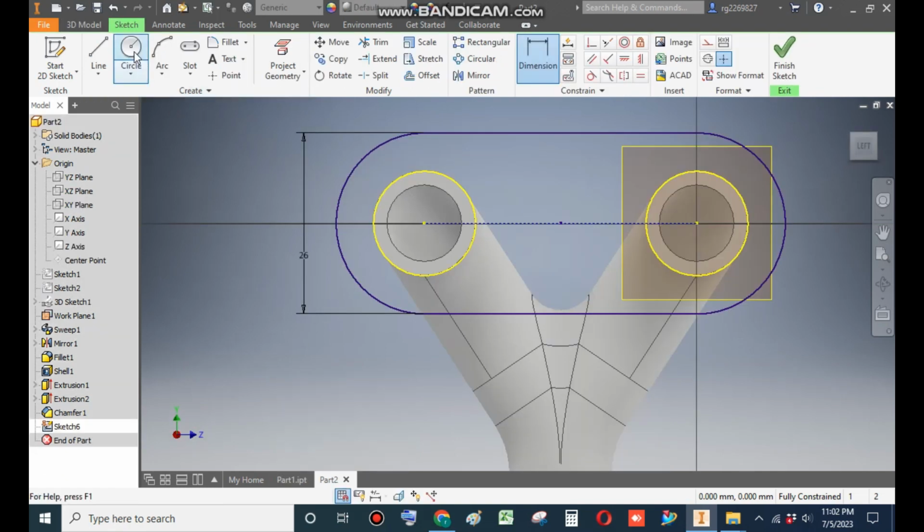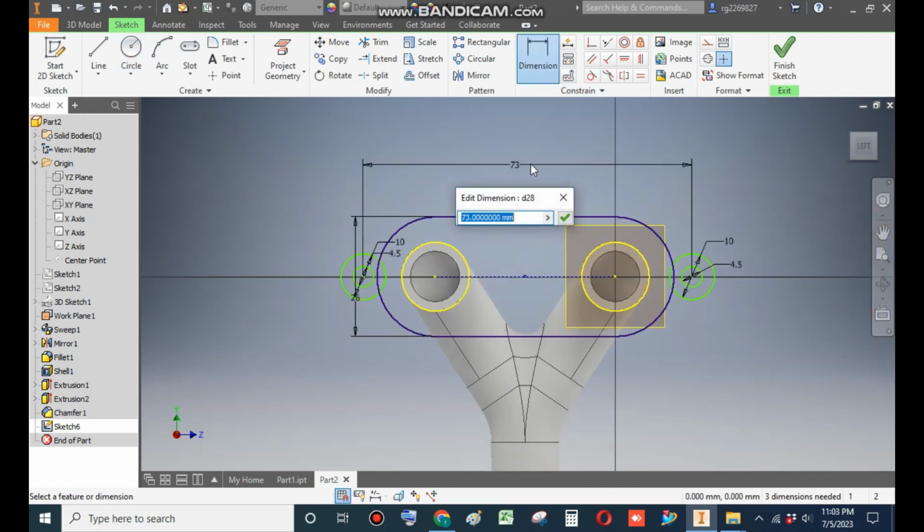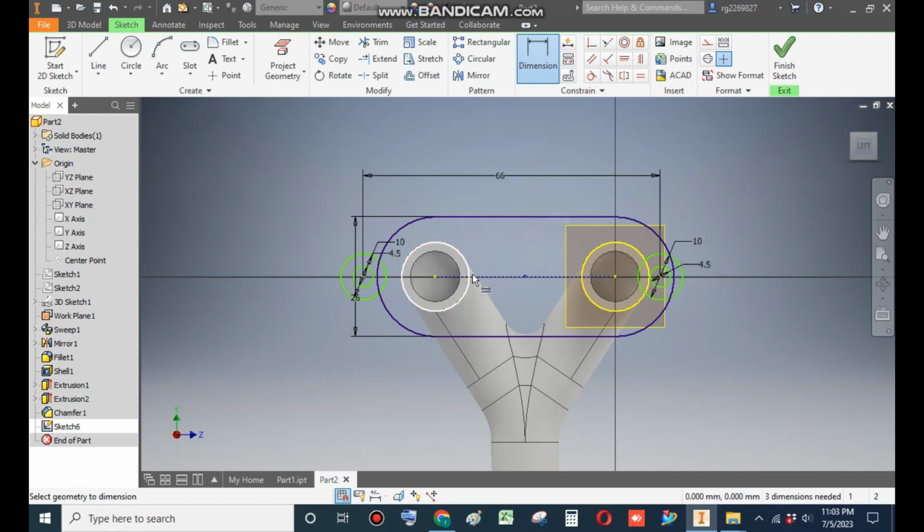Now we will make this outer circle. So go to circle command, take a circle of dia 10 and the inner circle of dia 4.5. Similarly here of dia 10 and dia 4.5, and give this a dimension from here to here. This is 66. From center this will be half, 33. Okay,